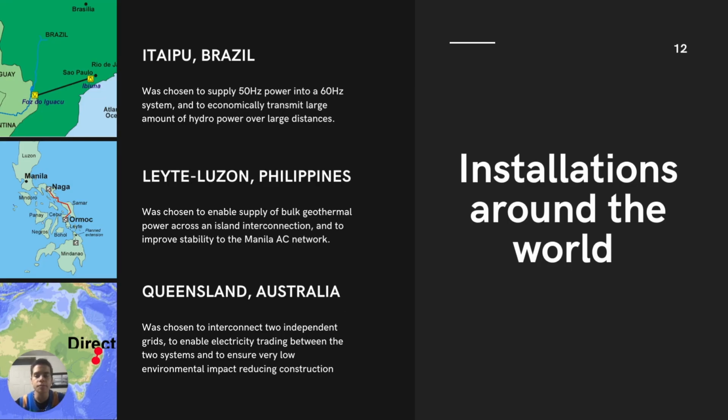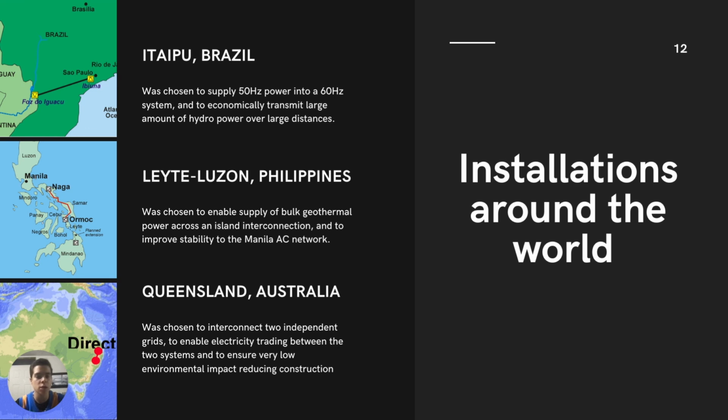And well, we also have the installations around the world to close this presentation. We do have three very important installations. These are some of the biggest installations that we currently have in the world for HVDC systems. First of all, we have the one in Itaipu, Brazil. This one was chosen to supply 50 Hz power into a 60 Hz system and to economically transmit large amounts of hydropower over large distances. This actually has a length of overhead line of 800 kilometers